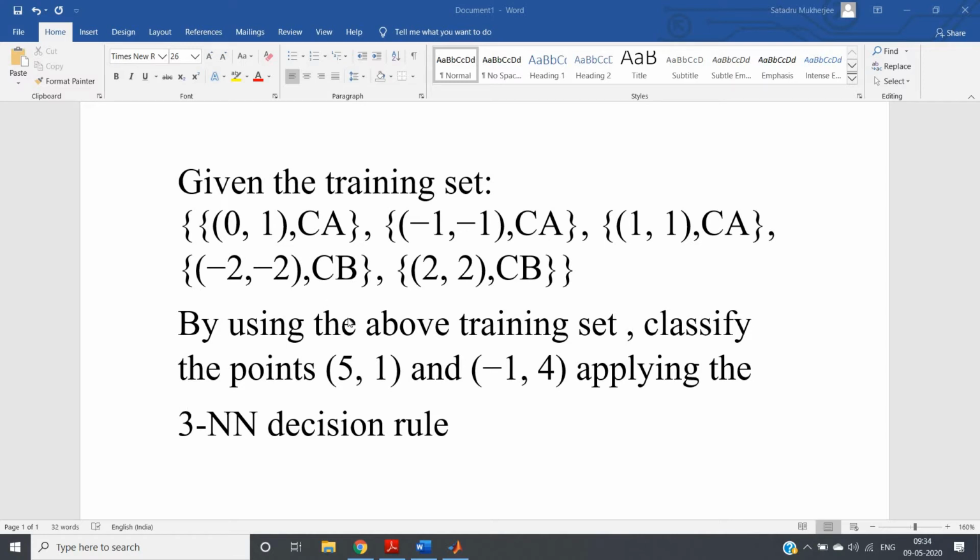So in this particular problem the k value is 3 in the KNN algorithm. In my previous video I showed you checking the class for one test case, but here two test cases are present, so we can keep the whole previous code in a for loop and run it as many times as we require. That's the modification we have to do.